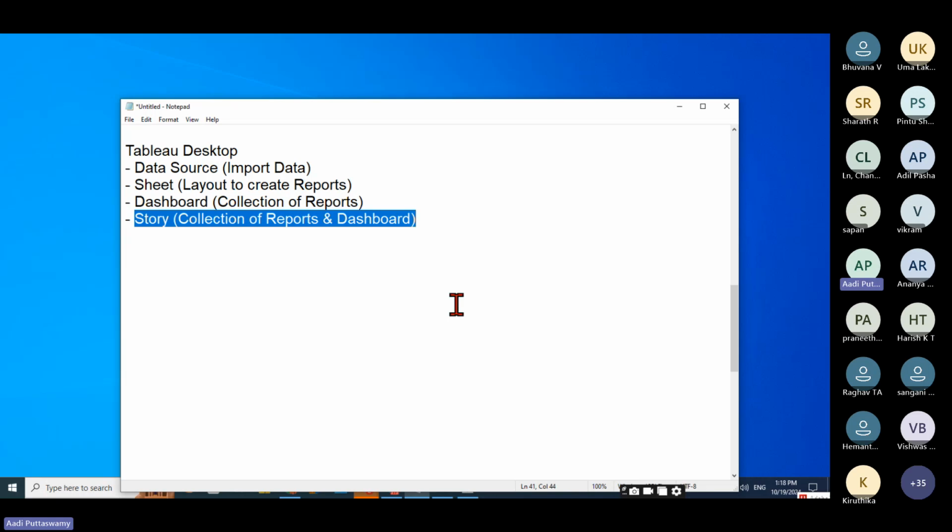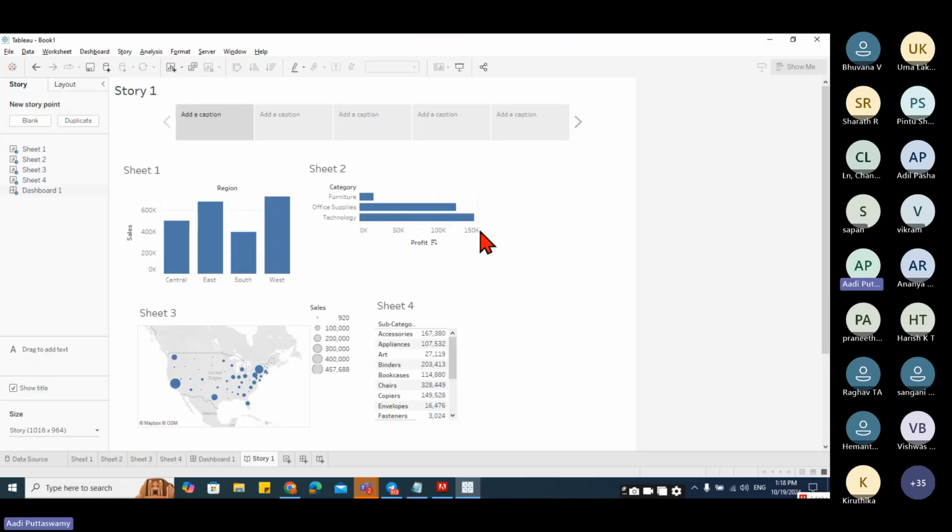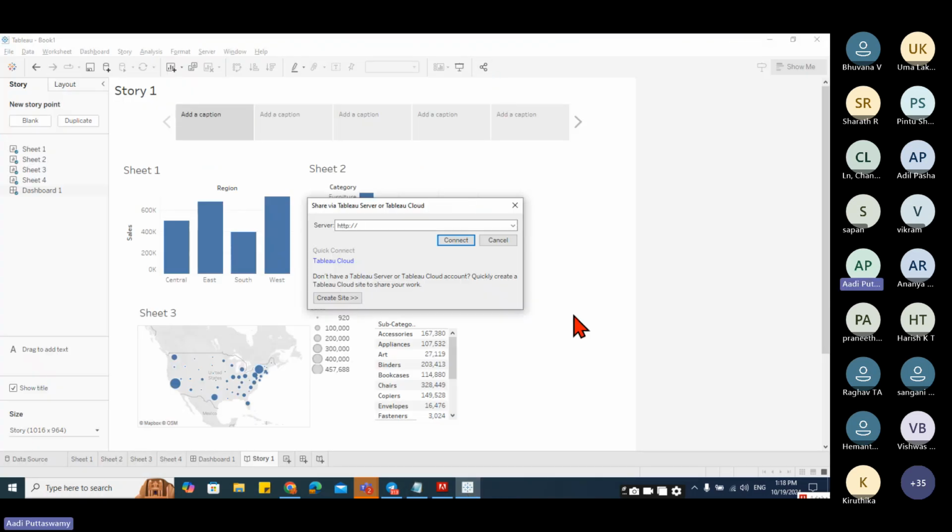People, till the story development, I can actually teach you. But after this, I cannot teach you how to publish this in the server because I don't have a server and that is not required also. Don't worry. Let me tell you in the beginning only because I don't have the facility. So I'll not be able to teach this part. So don't mind, don't think that, okay, this fellow taught till here and he didn't teach about the server. I don't have the server, but